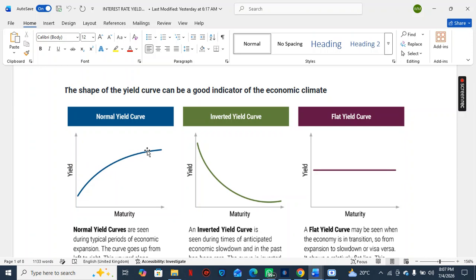That is normally expected. But there are going to be times, colleagues, where short-term debt is going to give you more returns than long-term debt. This is the inverted yield curve here. Short-term debt is giving you higher returns than long-term debt. The reason for that, in case you are ever asked to explain these yield curves for interest rates, the reason why a short-term security can give a higher interest than a long-term security is when